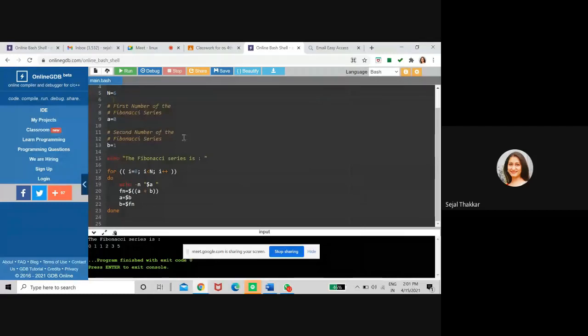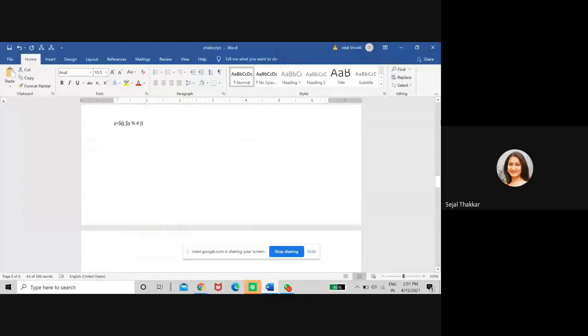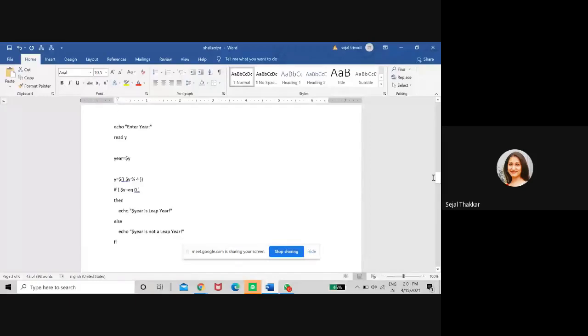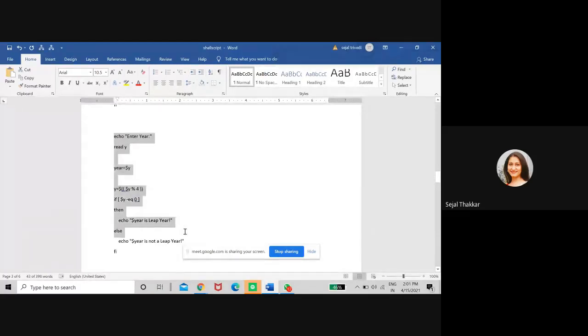The next practical is the leap year. Generally the logic for the leap year is that a number divisible by 4, with remainder 0, is a leap year. So first you have to enter any year, which is stored in the variable y. Now you have to check whether y is divisible by 4 or not.